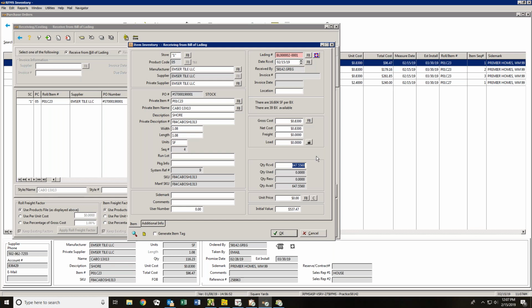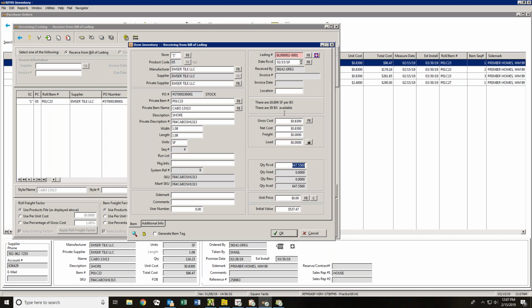So if you receive less than the PO, it will leave the PO open for the balance. If you receive more than the PO, then it will receive more than the PO. What does it do with the excess inventory then? If you receive more than the PO, it's going to leave the excess in available inventory, and then you have to decide what to do with it. Am I going to allocate it to the job, or am I going to let it stay in stock? Okay. And so then if it's less, it doesn't satisfy that. That's right. We would just have to do the DNR and fall off and say,